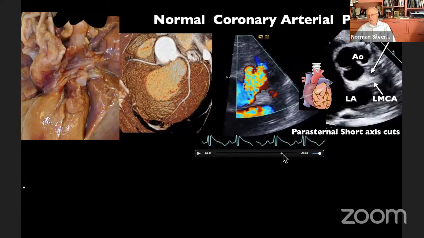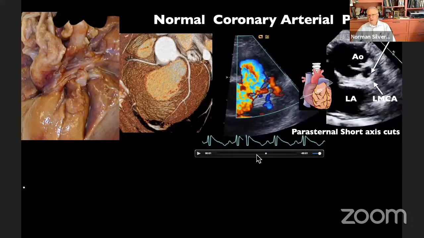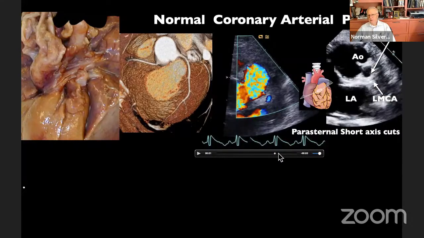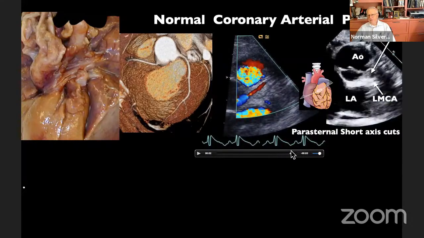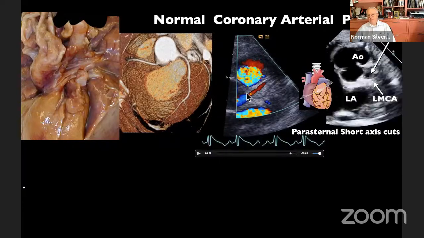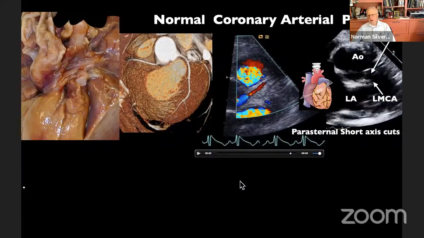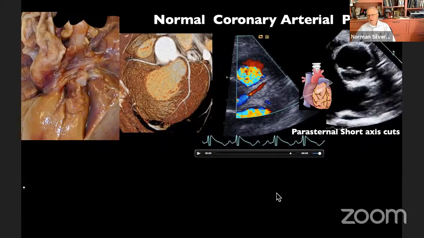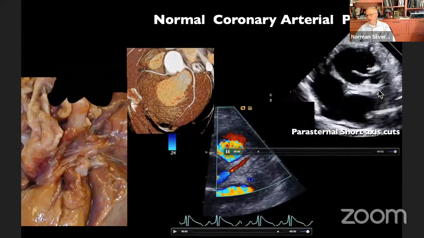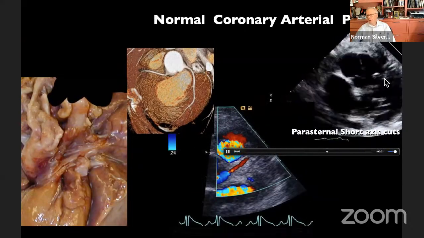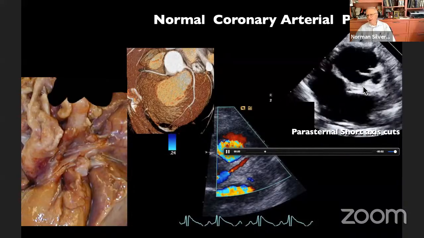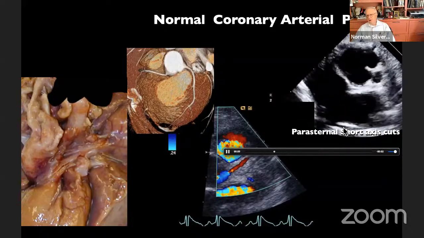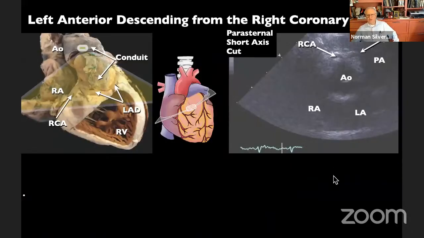And if I stop this, you can see that the flow in the coronary artery is only diastolic, and here is the red flow for prograde flow, which shows the coronary artery behind the right ventricular outflow tract. And that's in a normal patient. And here's a patient with tetralogy. There's the pulmonary trunk, and here comes the aorta behind the pulmonary trunk. So the main coronary artery is safe from the surgeon's knife.